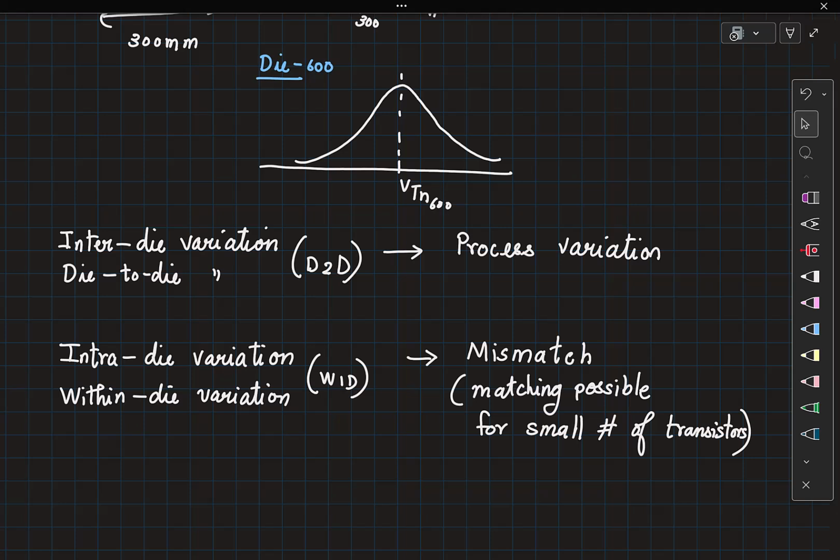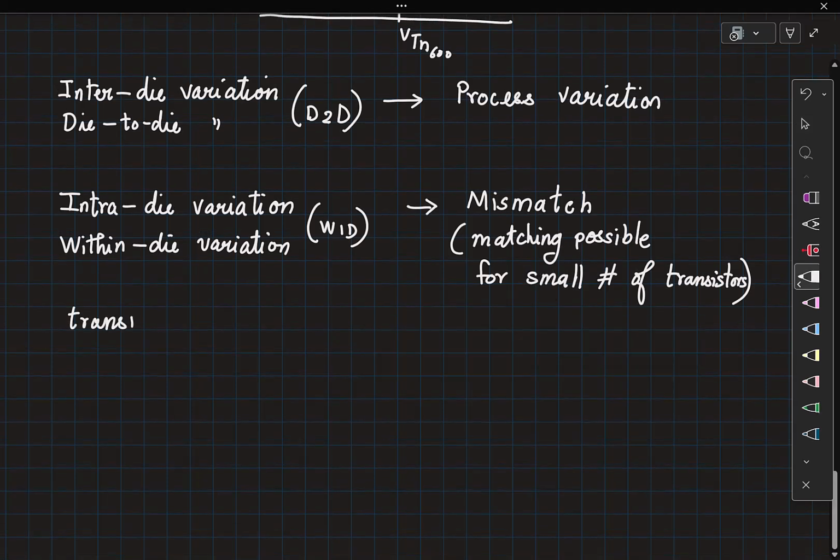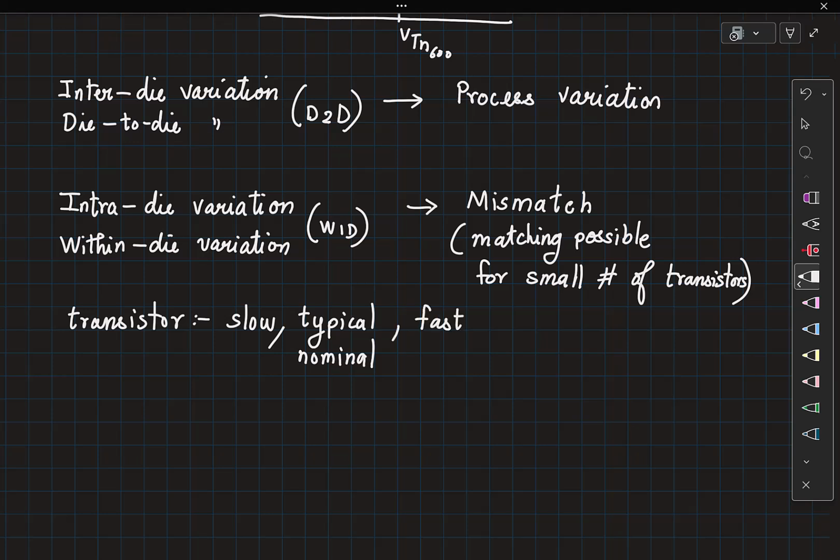It basically boils down to, if I were to use this transistor as a switch, is it going to switch fast or is it going to be a very slow switch? So we can say a transistor could be either a slow transistor, or it can have typical characteristics, sometimes also called nominal characteristics, or it can be a fast transistor.